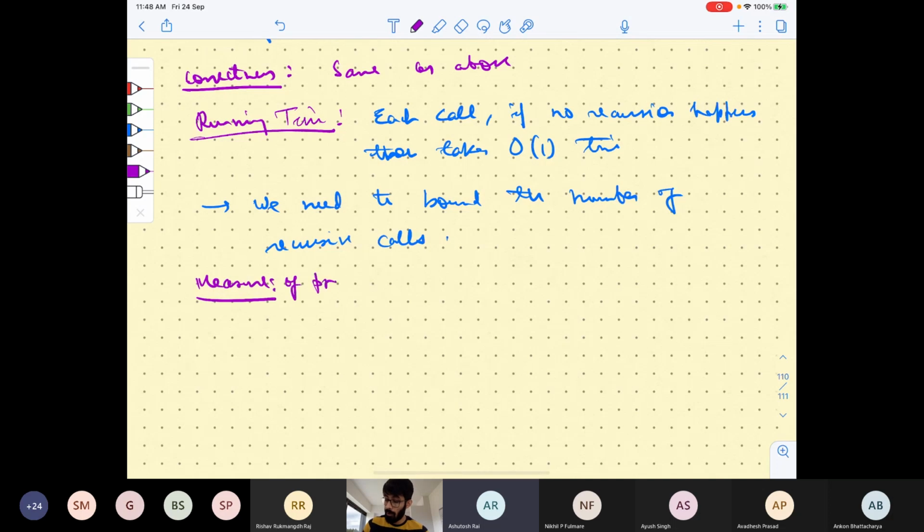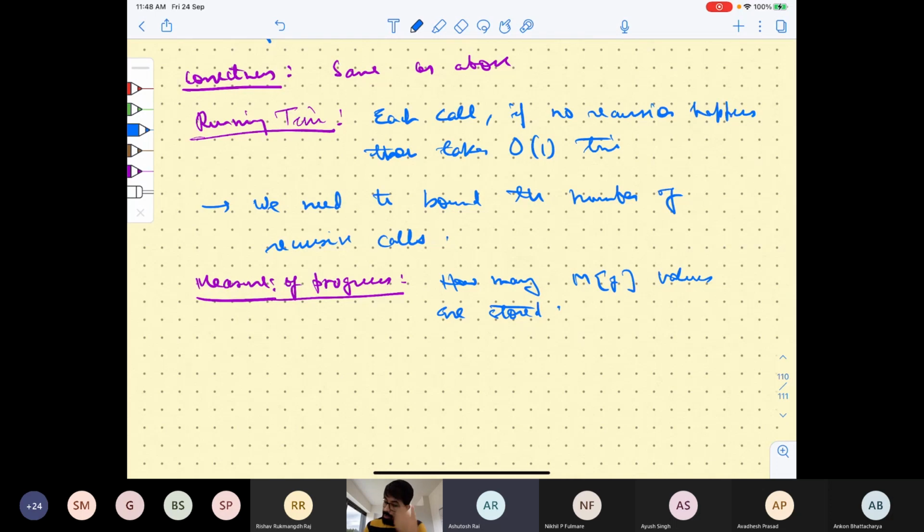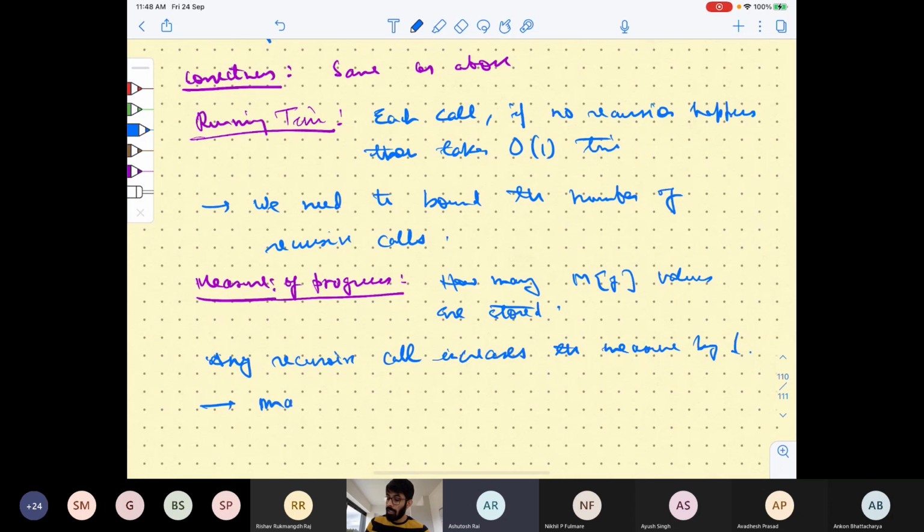And the measure of progress is how many M[j] values are stored at any point. And any recursive call increases this measure by 1. And the maximum value of the measure is n